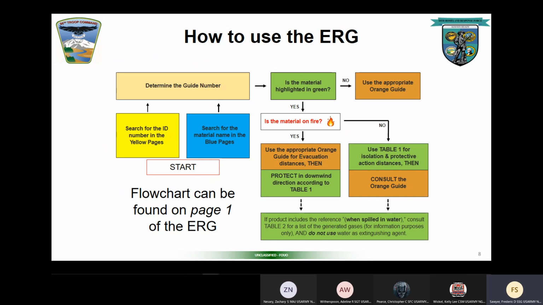If you know the name of the material, maybe it's on shipping papers or it's written on the side of the truck, or the truck driver evacuated and you're talking to him and he knows that it's methanol or something like that, you use the blue colored pages to find that. If you don't know anything,